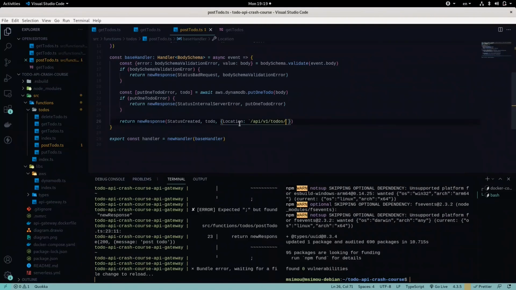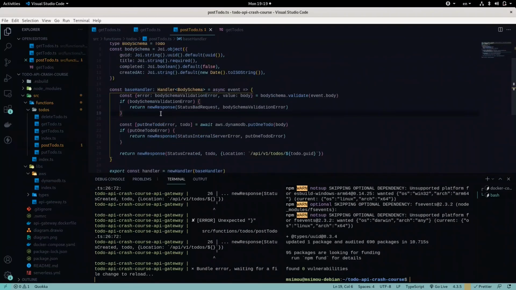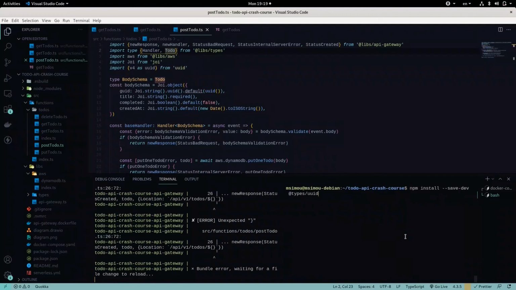So API v1 to-dos, and that's todo.GUID. So that's pretty much it, we don't need the error not found, and at that point we can test our API,